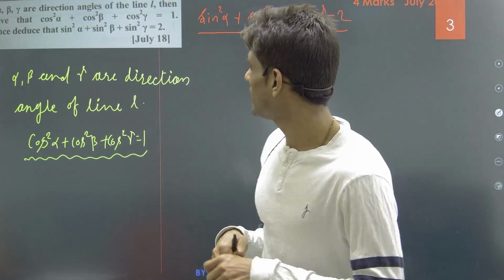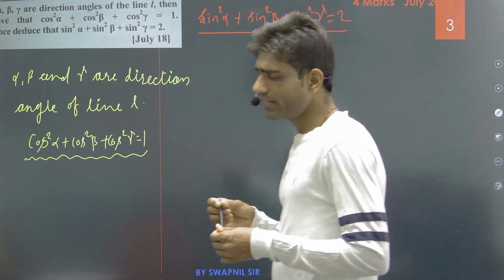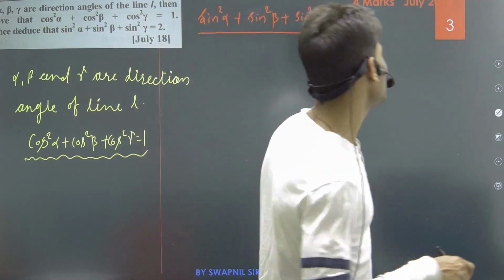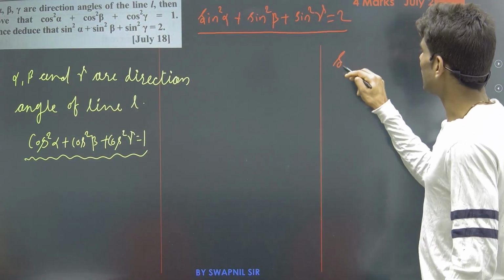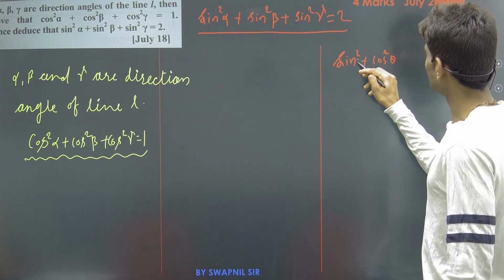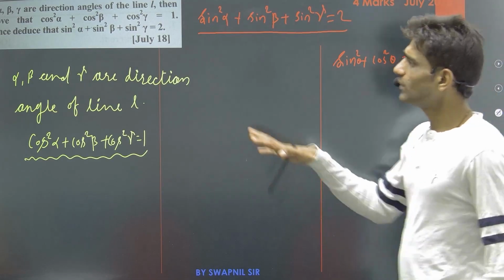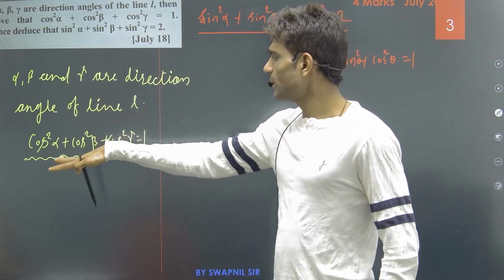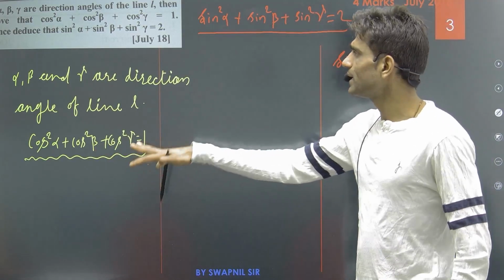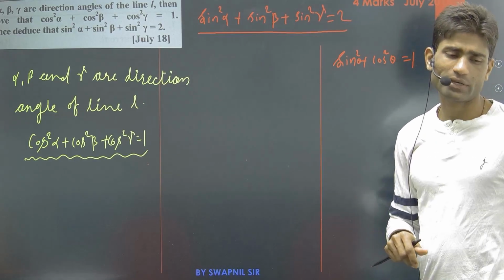Okay, cos 2 theta is not that applicable because we have cos square theta. So we directly apply cos square theta as 1 minus sine square theta. As we know, sine square theta plus cos square theta is 1. Using our given cos square alpha plus cos square beta plus cos square gamma equal to 1 and this identity, we have to claim that sine square alpha plus sine square beta plus sine square gamma is equal to 2.